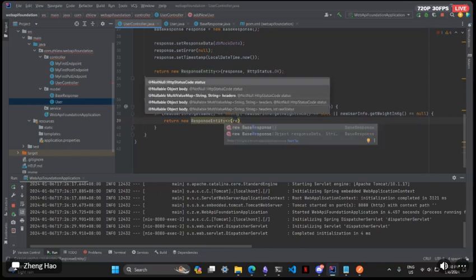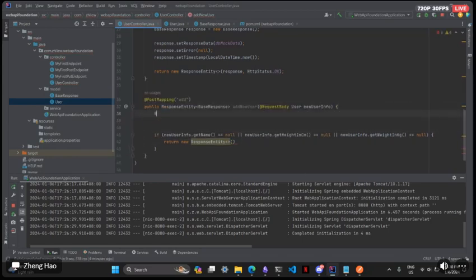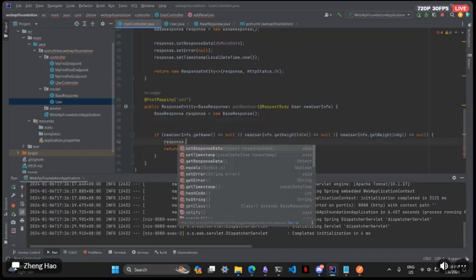So, yeah, we need a base response, then we call response, and create a class of it. So if it's really null, it means it doesn't meet our requirement, because in order to create a new user, I want to see you must have a name, you must have a height, you must have a weight. The BMI, I don't care. Maybe you have pre-calculated it and entered it, or the system will help you calculate. Okay, so